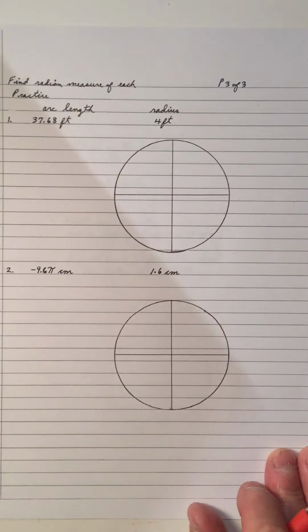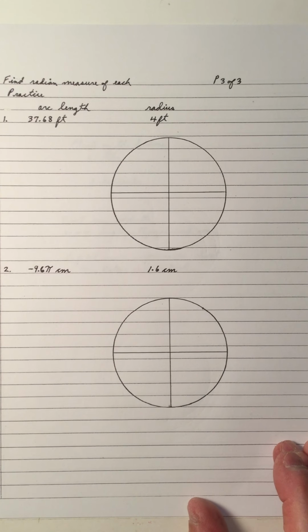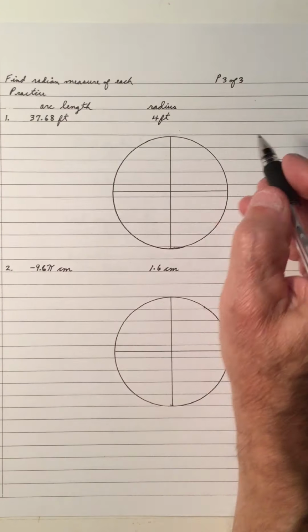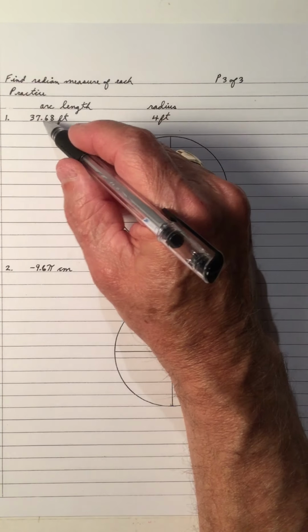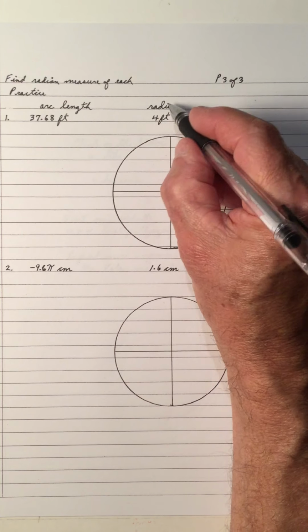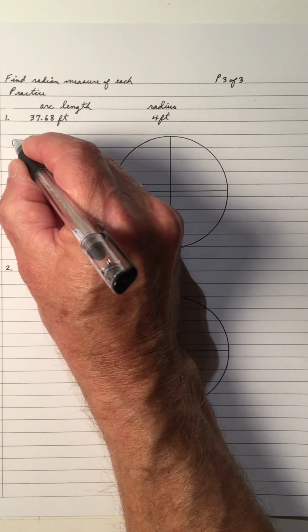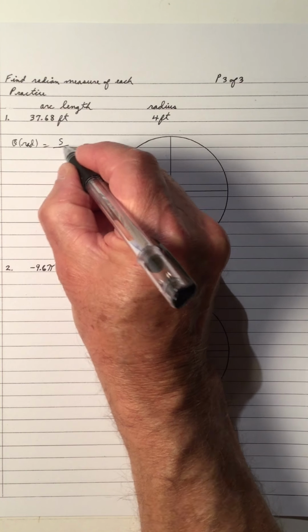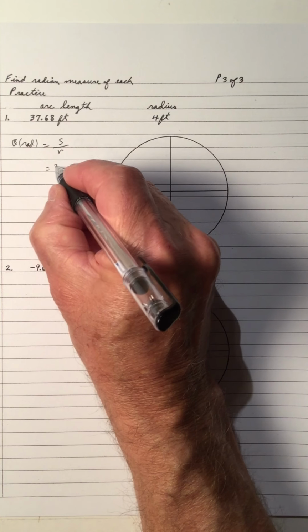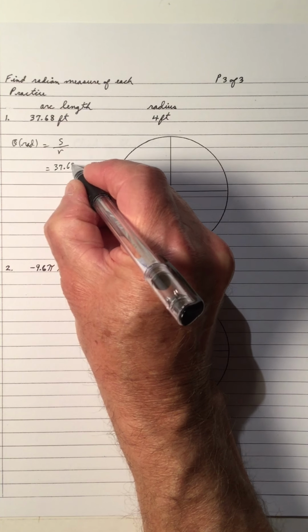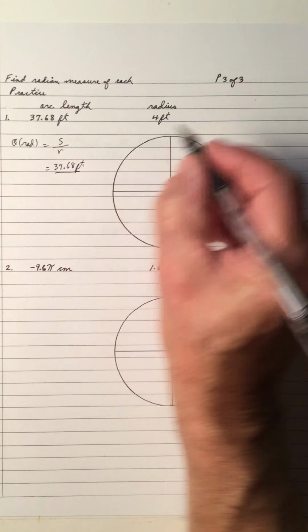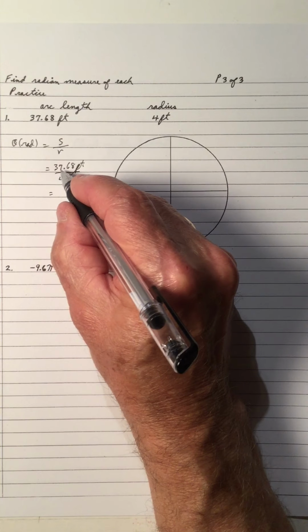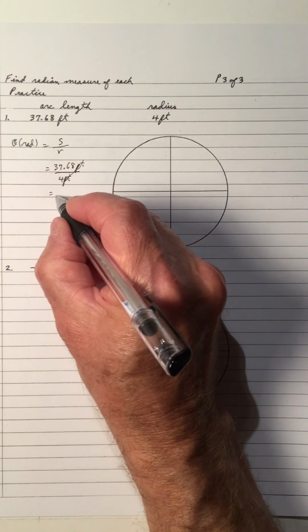Okay. And practice means pause your video and see if you can work these answers out. And here I go. We're going to find the radian measure for each. The arc length is 37.68 feet and the radius is 4. So the radian is defined as S over R, and that's the arc length, 37.68 feet divided by 4 feet. Feet cancels out, and take your calculator. 37.68 divided by 4 gives you